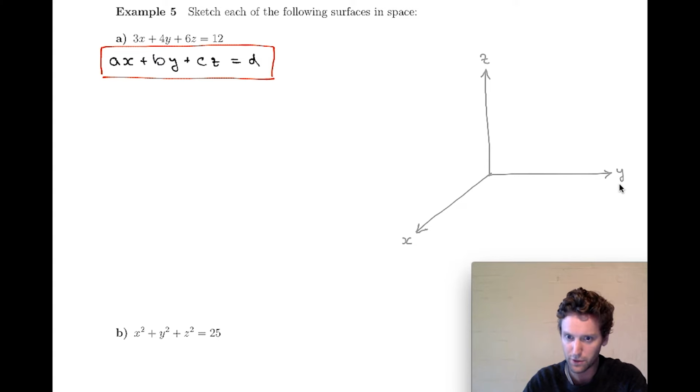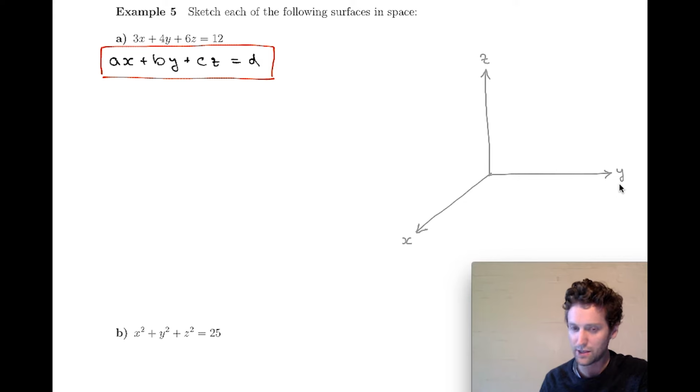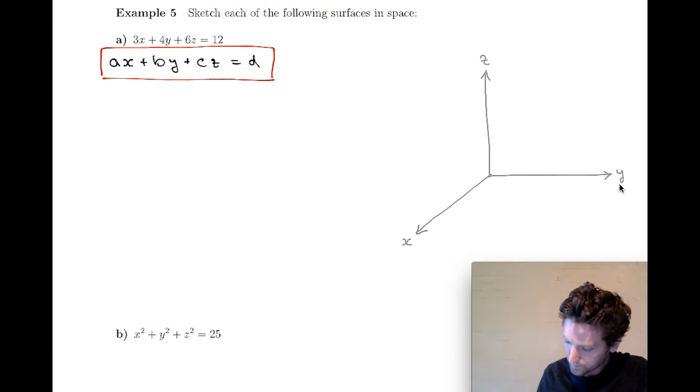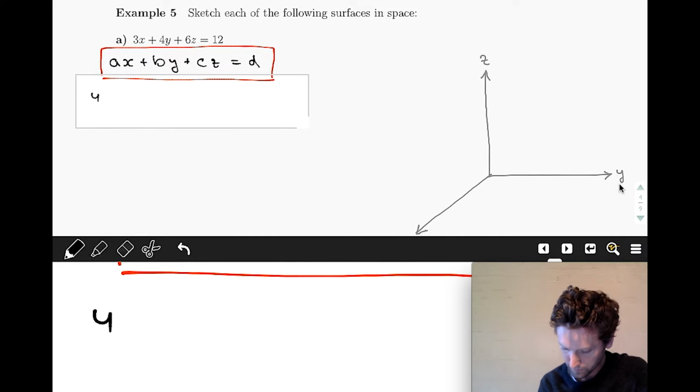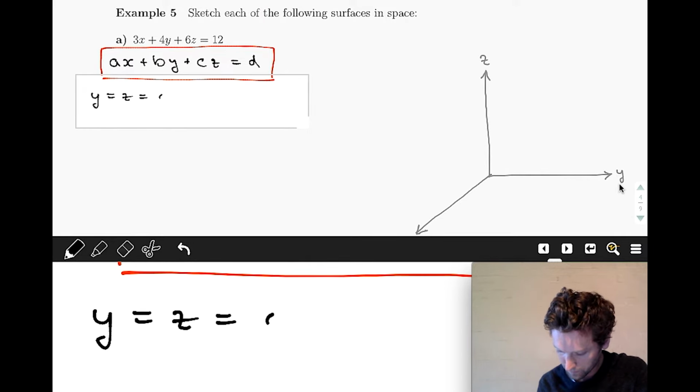That seems a little haphazard, however, so what I'm going to do is be a little bit more systematic about it. I'm going to look for 3 very special points on this plane. I'm going to look for the intercepts of this plane with each of the axes, the x-axis, the y-axis, and the z-axis, which I've drawn here in this coordinate axis. So what do I mean by the intercepts? By that I mean when y is equal to z is equal to 0, if I substitute those values of y equals 0 and z equals 0 into my expression,